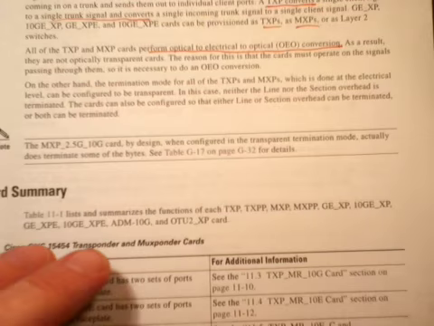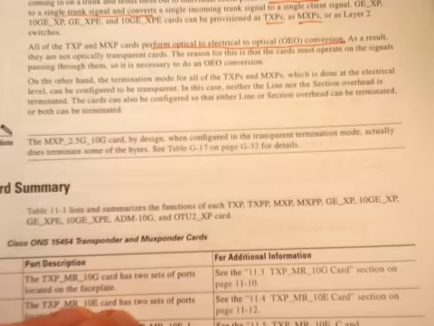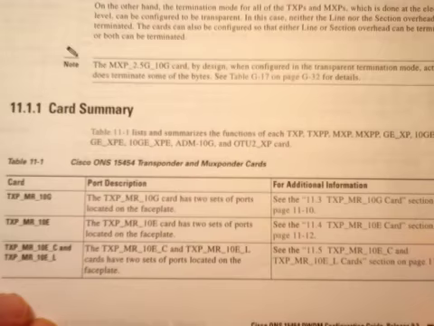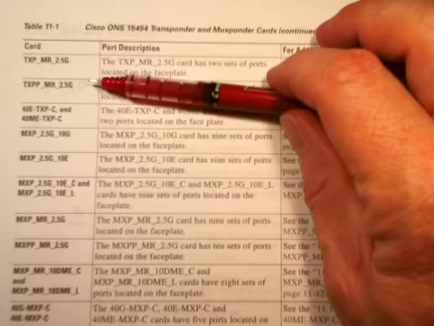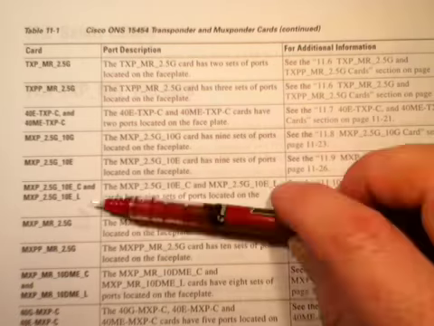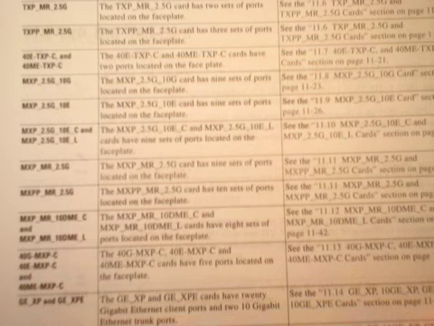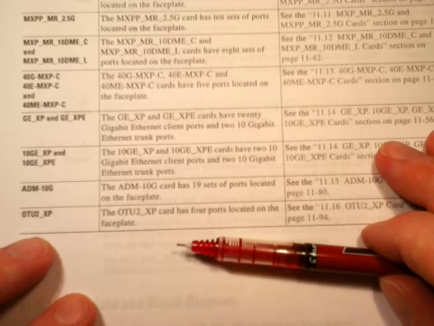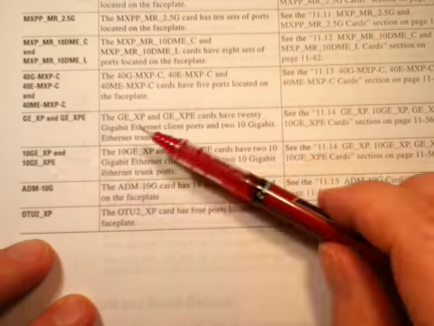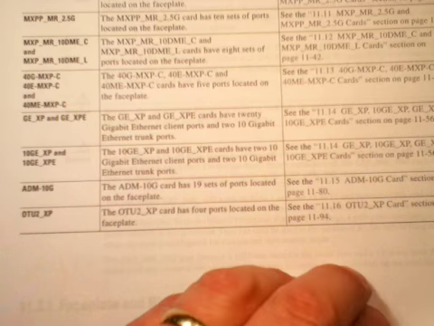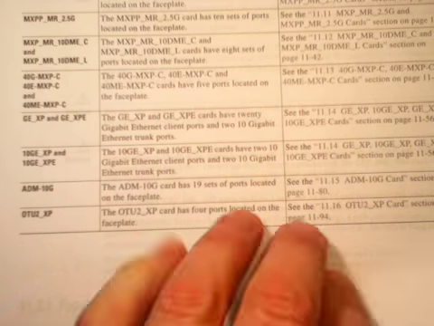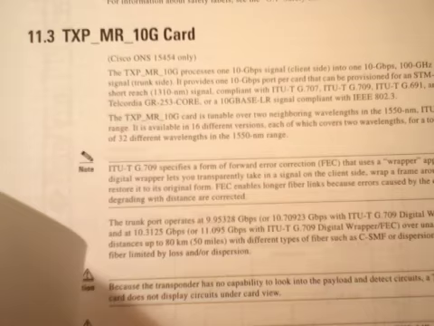Basically I'll go ahead and show you. I'm not going to try to even begin to cover all these different kinds of cards, but I'll show you the list of the cards here in the card summary. The list goes on for another whole page, and some of the newer ones are the 10GEs, the 40s, 40 gigabit DWDM channels, and 10 gigabit DWDM channels. So what I will do though is start with